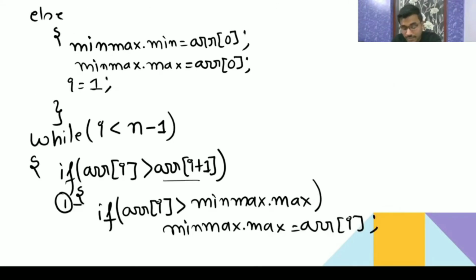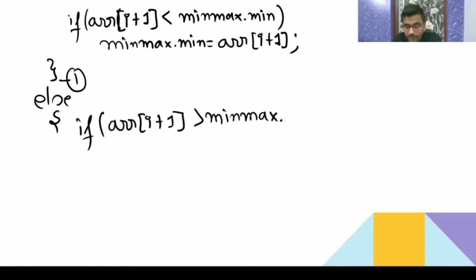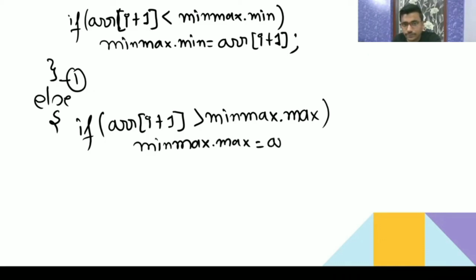If this is the greater, meaning the second element is greater, then check whether it is greater than the maximum. Array of I plus 1, is it greater than the maximum? So between these two in the pair, whichever is the maximum, is it even greater than our max? If it is even greater than our max, then initialize that with this one, array of I plus 1.